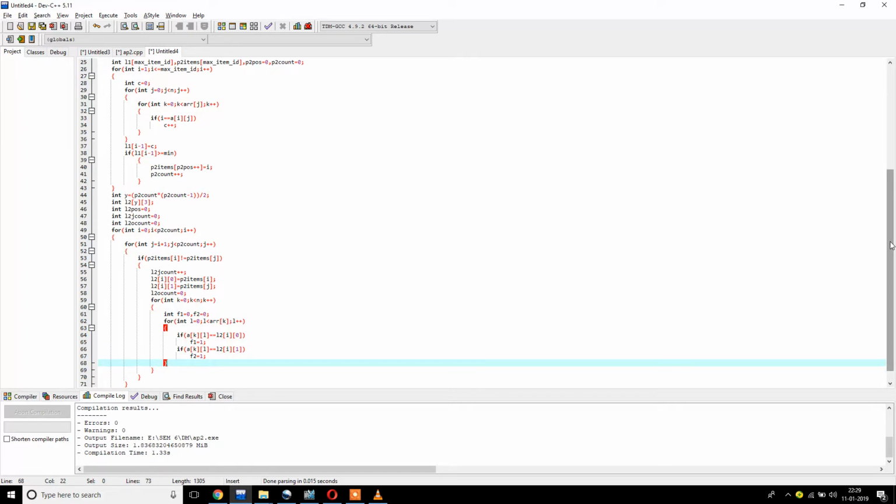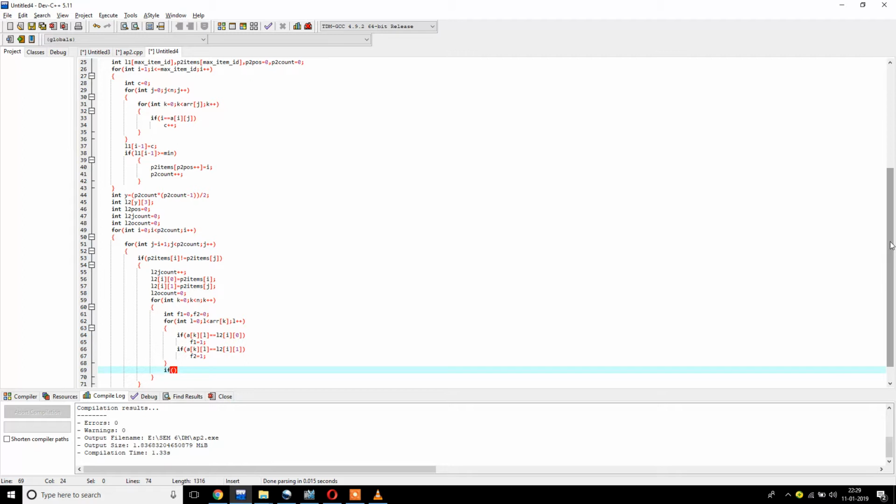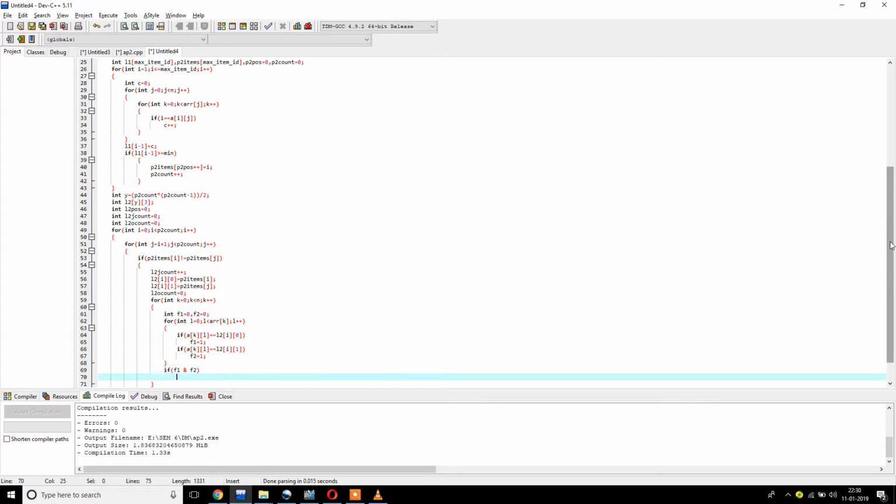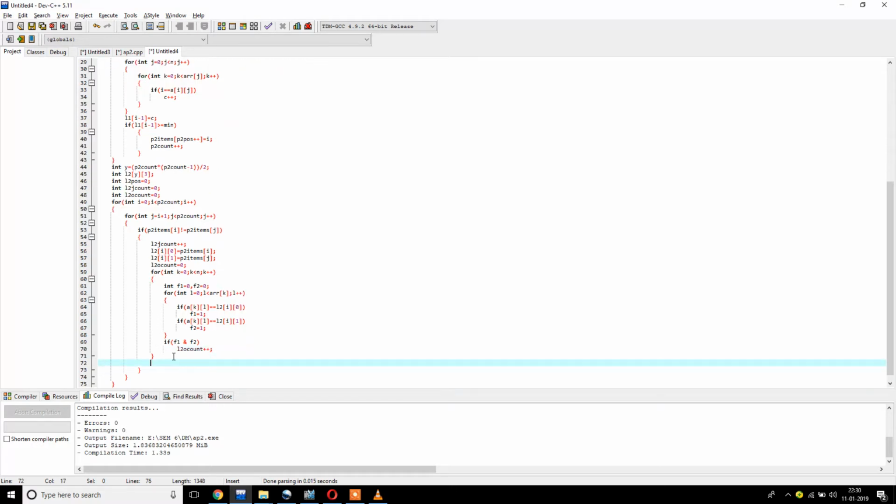And if in the kth row of the initial transaction table both the items of the pair are found, that is f1 and f2, both the flags are set, then we have got an occurrence of the particular pair. So we increment our occurrence counter, that is L2O count, and finally when we would have checked the total number of occurrences of the particular pair in the entire initial transaction table, we'll store the total number of occurrences, that is L2O count, for this particular pair in our frequency